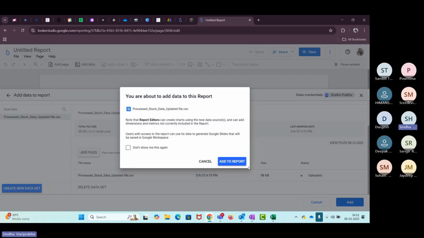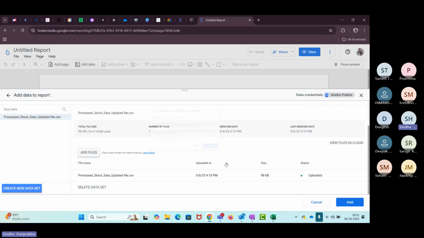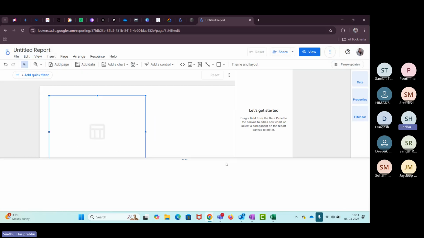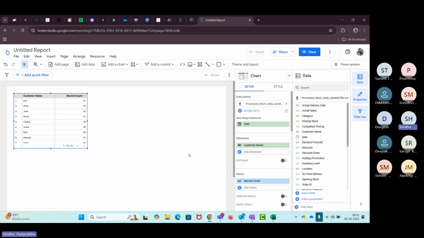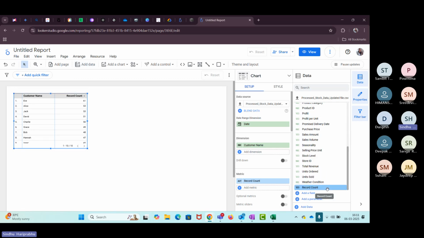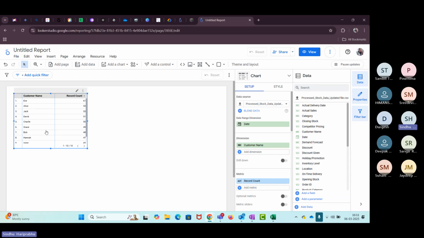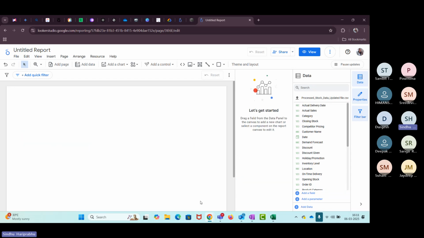So you're adding your CSV file to the report in Google Looker Studio. See, this is the canvas that is open. Whenever you have added a file, it gives you a table with the raw data inside the CSV file. So delete this.